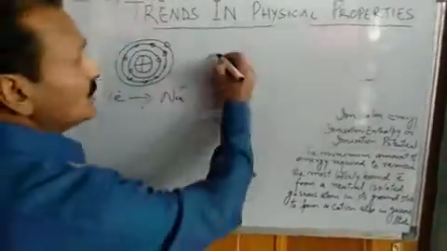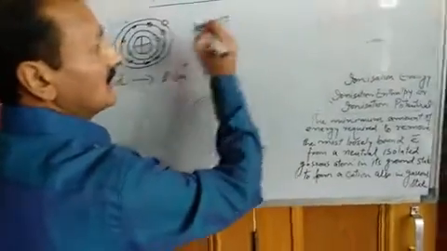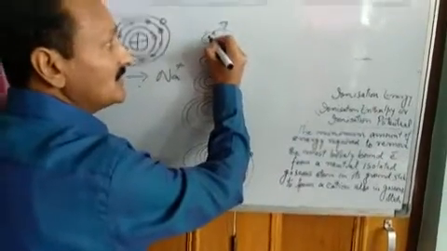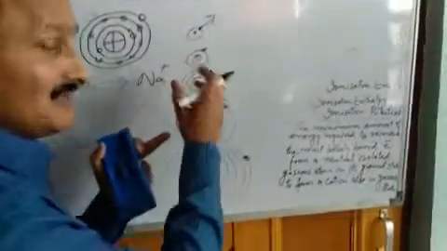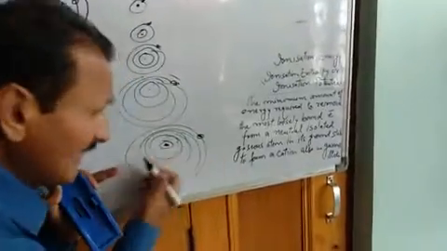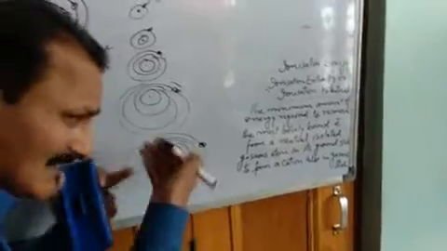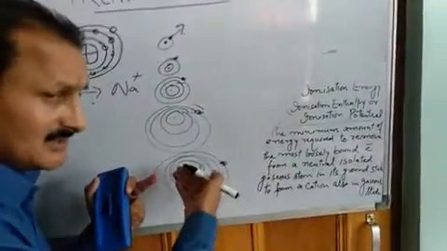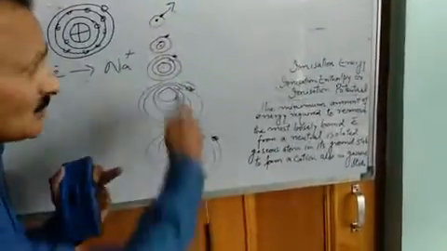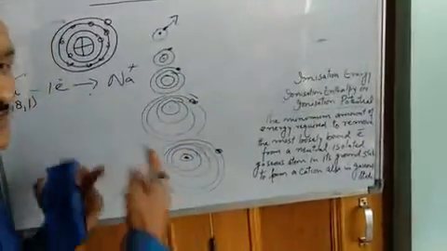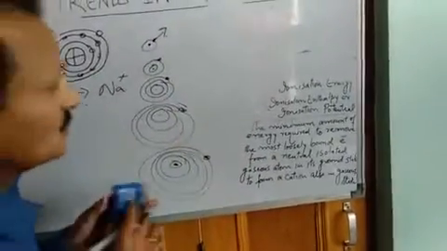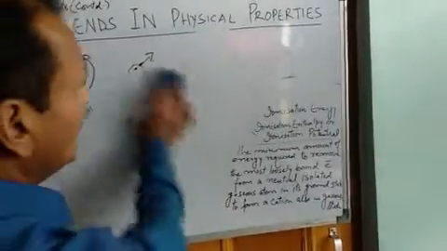Now see, this requires more energy to remove this electron as compared to this. Why? Here the nucleus is very close to this electron. It will attract this electron with much greater force as compared to this, because in this case the nucleus is much farther away from that valence electron. So it requires a lesser amount of energy so that this electron is removed. So what happens to your ionization energy in this group? It goes on decreasing from top to bottom in any group of the periodic table because of increasing atomic size. So this is all about ionization energy.